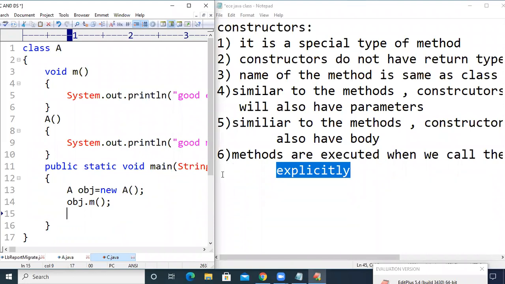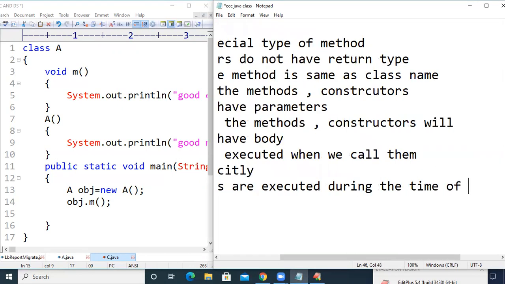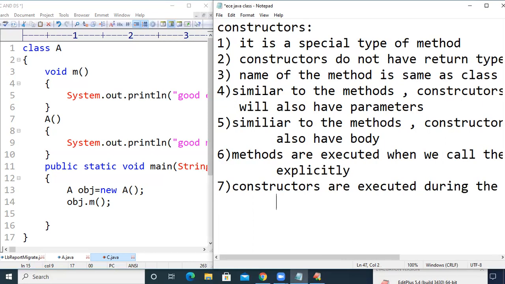Now let us see how the constructors get executed. Constructors are executed during the time of object creation. We cannot call them explicitly.